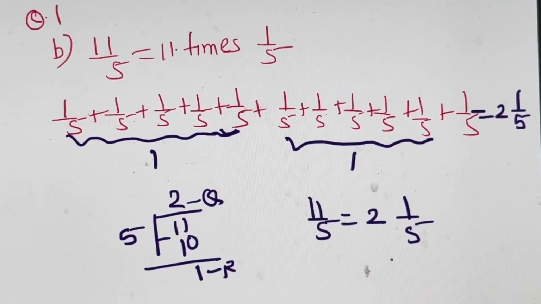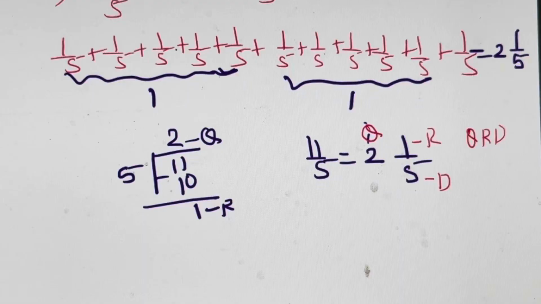Here you will have to remember it to arrange it properly. Otherwise, if you write wrong numbers at wrong places, the answer will again be wrong, which is a very common mistake children make. So what you can do is remember Q, then R, and this is D. Quotient, remainder and divisor, QRD. That's the technique to remember the sequence. So I've shown you both the ways. Now we'll do question number C, that is 9 upon 4.